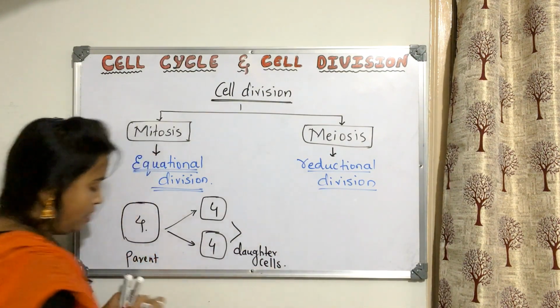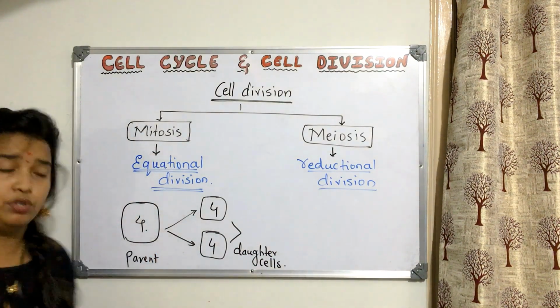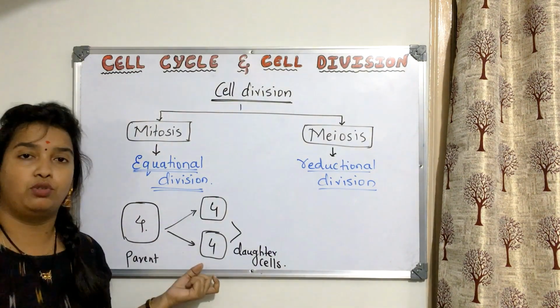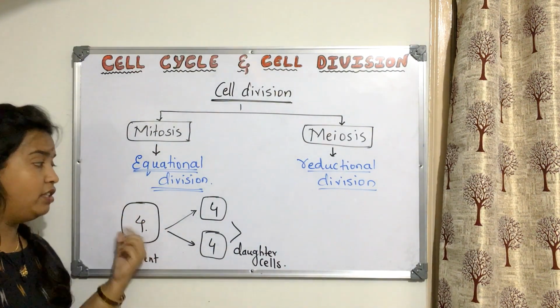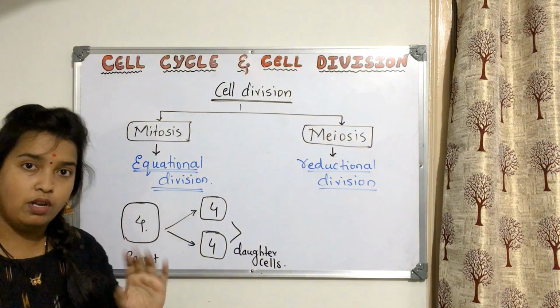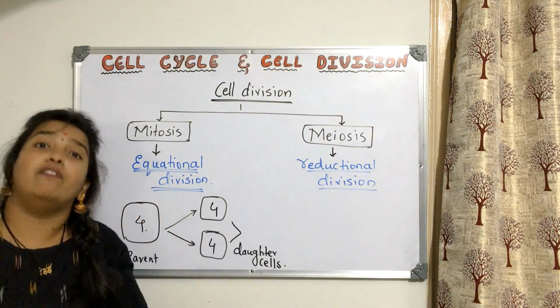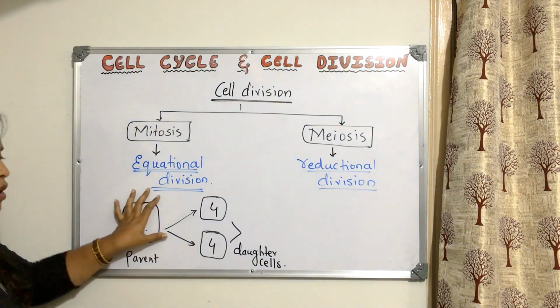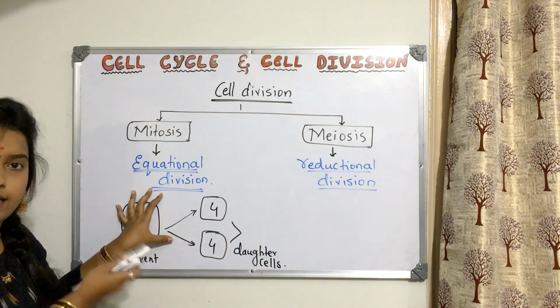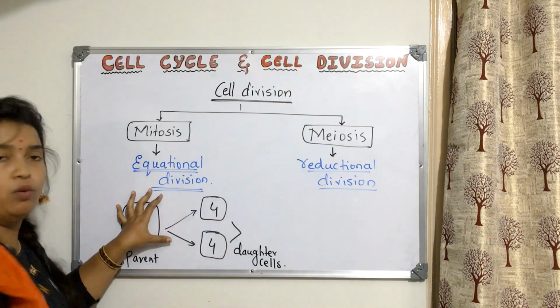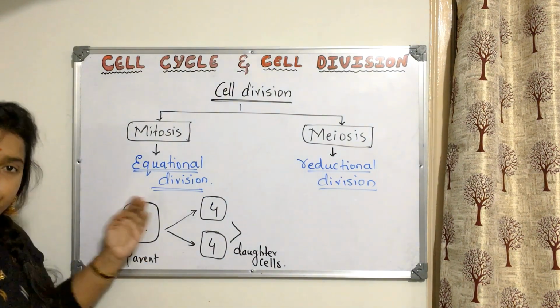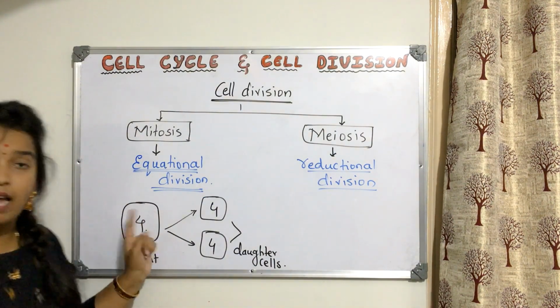Now, some children will have this confusion. This cell will divide and form these 2. They think that after division 3 cells are there. No. Once this cell divides into 2 daughter cells, the cell itself is dividing into 2 contents here. So this cell you will not find after the division. Gone case. It has been divided into 2. You will not find this cell.